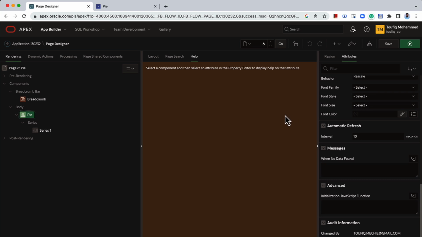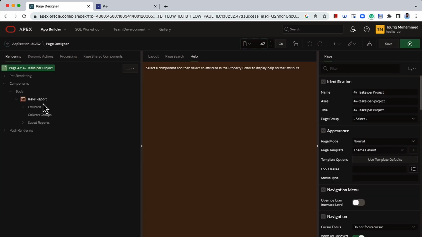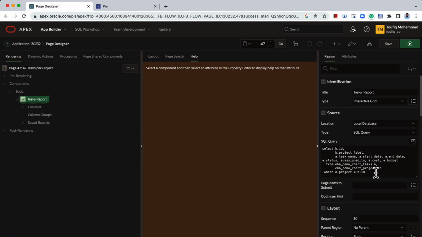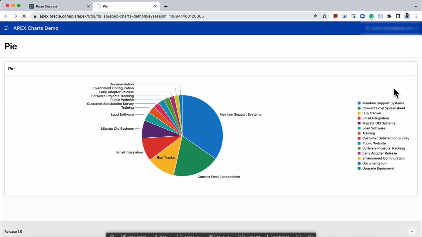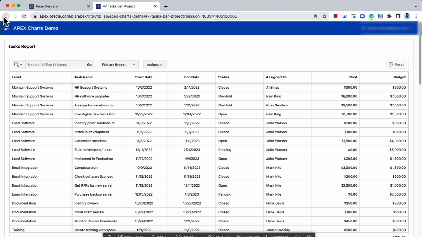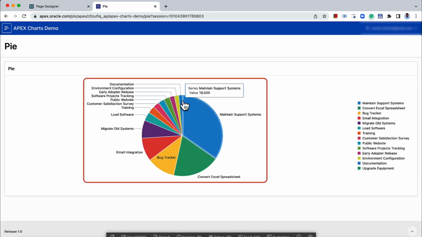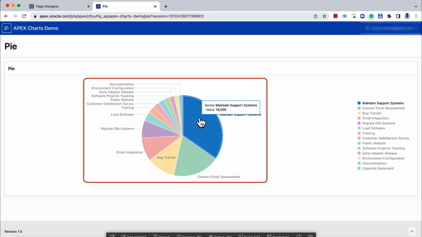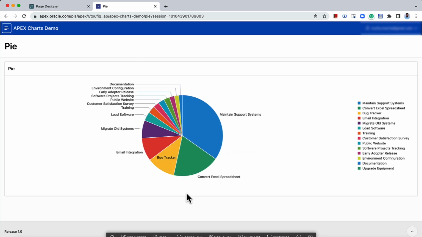Now, I have an interactive grid which displays all the project and task details. Let me run this page and show it to you. This has an interactive grid with project, task name, and other details. Now what I want to do is, when I click on a segment which corresponds to a project in this pie chart, I want the chart to navigate to the interactive grid and filter the records based on the selected project. To do that, I'm going to go to